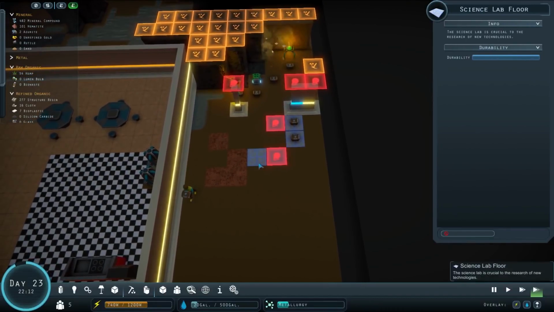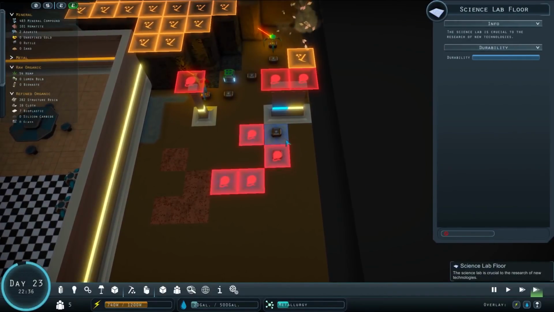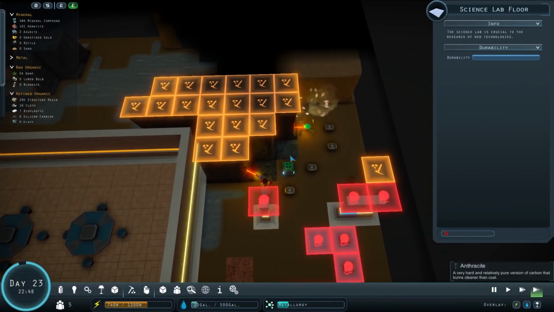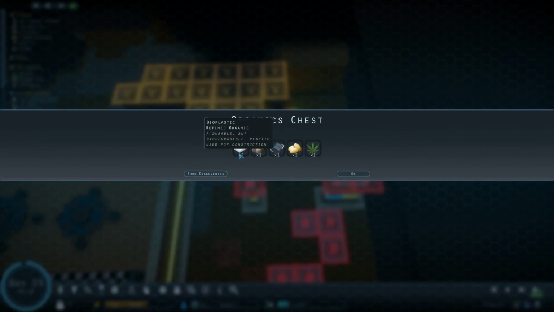Okay, that's fine. Right, deconstruct all these floor tile bits. We don't really want those. It's fine. Get rid of all that. You can get your way through there. What's that? An organics chest. Oh, please have lots of that stuff in. Lots of bioplastic. Okay, a bit of bioplastic, some of that resin. Another log. Day